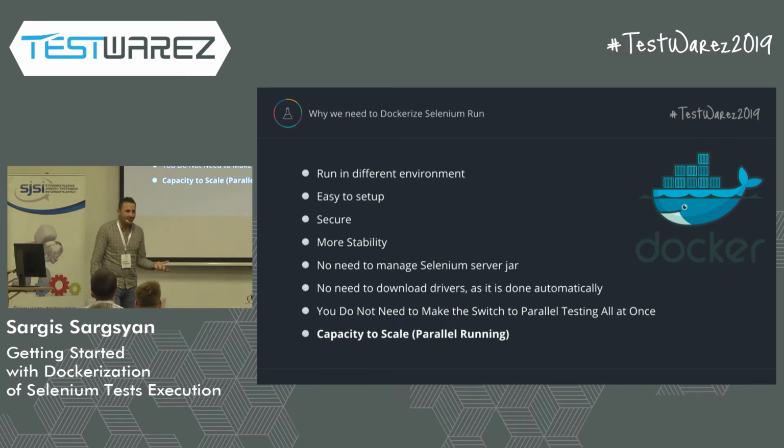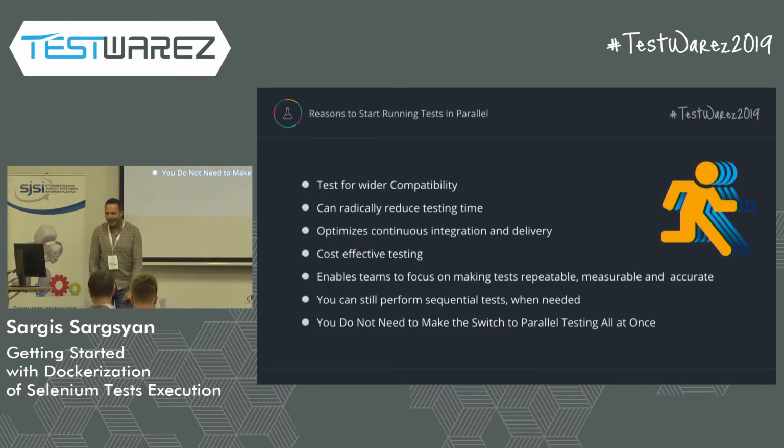So one more why. Do you still need an answer why we need to run in parallel? I was talking about parallel running at one conference, and there was a question: why do I need to run in parallel? I'm running it single, it works. So I added some benefits of running in parallel. You can run on more capabilities. You can reduce the time of the run. Automation is mostly about getting fast feedback, yes? So cutting the time is a very good point. And then optimization of the CI/CD, then cost-efficient testing. I know it's the company's money, but I believe if you cut the cost, you will get some amount of it as a bonus. So it's very good to cut